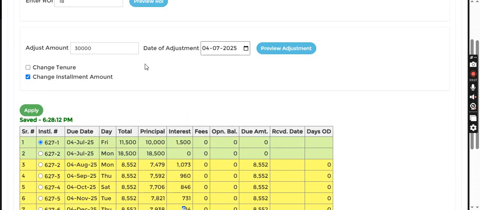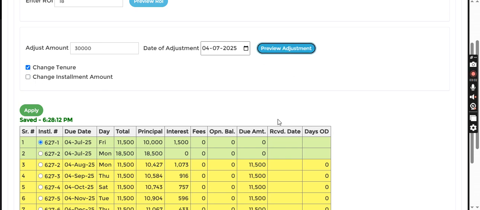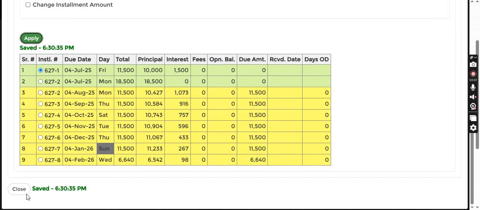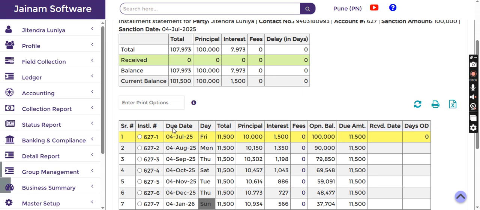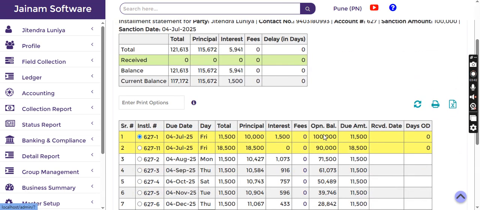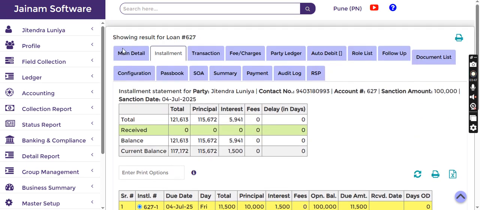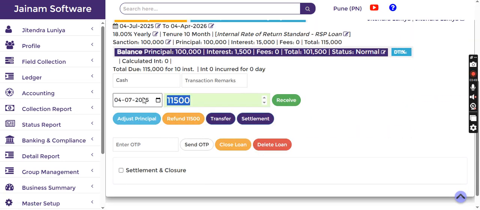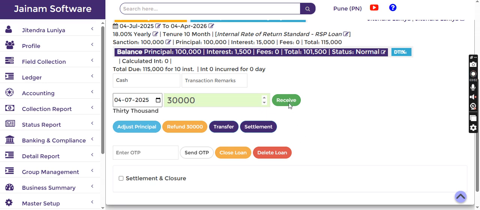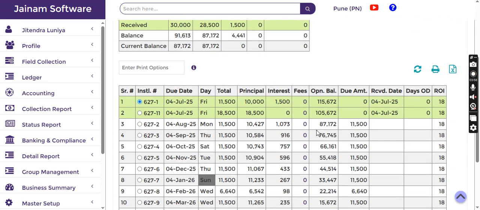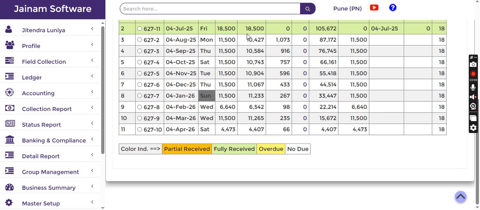All right, so what I want to do is instead of change installment amount, I want to reduce the tenure in this case. All right, and then I click apply. This change is applied, and let's see how the installment tracker is structured this way. Now what I want to do is I want to receive that 20,000 or 30,000, sorry, that amount. So 30,000 and receive. When I go to installment and click here, it will be updated accordingly,